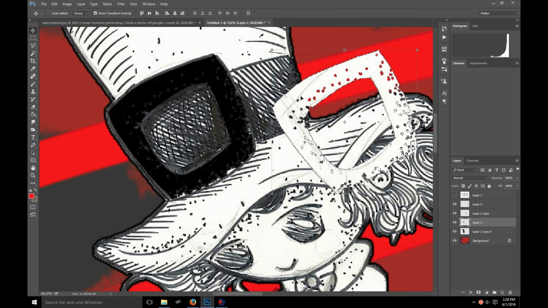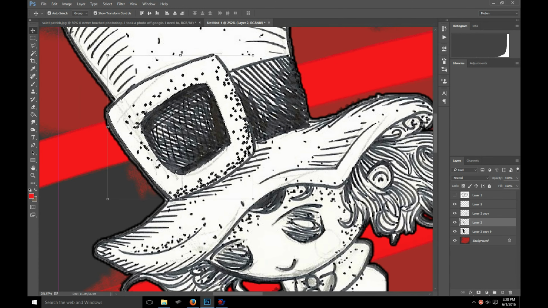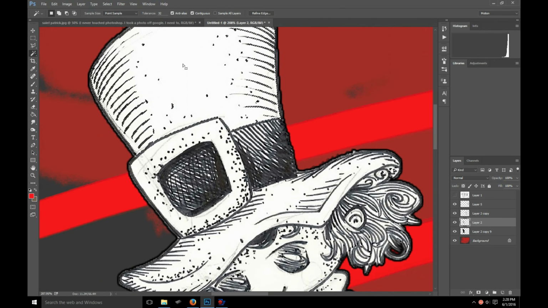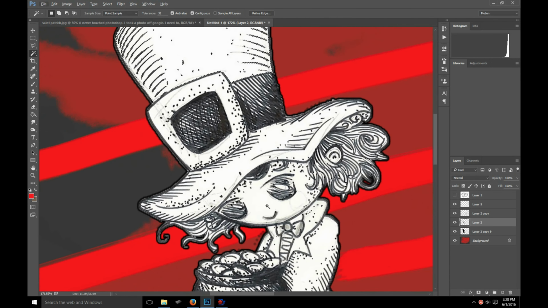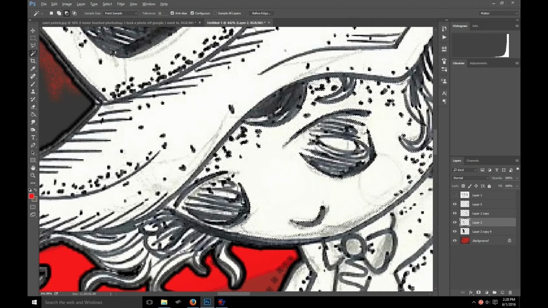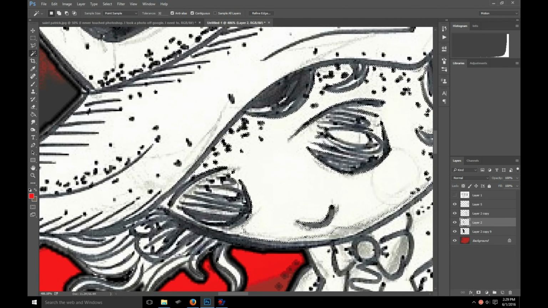That's better than what I expected because of all the dots. But you can click once, you can click this, and you don't hold, you just select the parts that you like, and